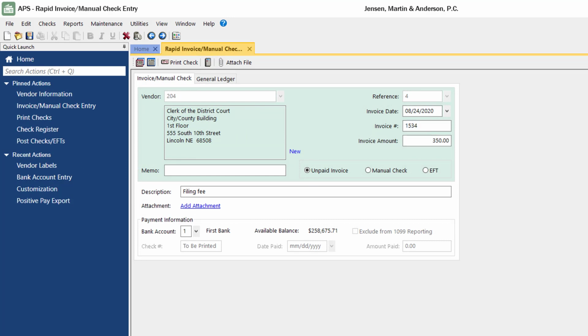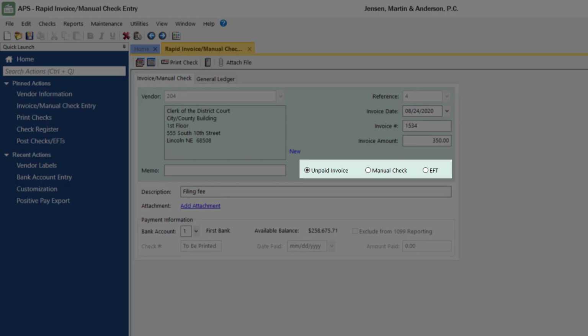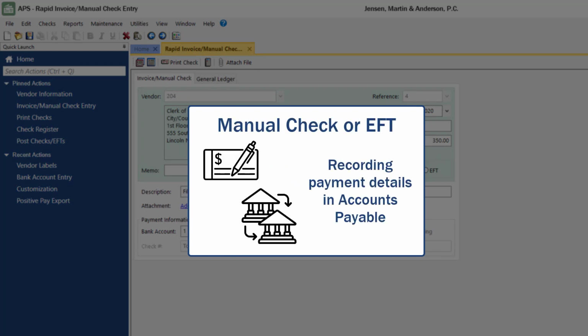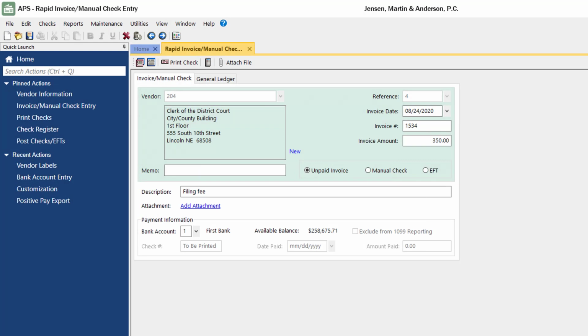Then, you can specify whether this invoice is an unpaid invoice, a manual check, or an electronic funds transaction called an EFT. When unpaid invoice is selected, you'll most likely be printing a check to pay this vendor, either individually or in a batch. When either manual check or EFT is selected, a physical or electronic record of the payment already exists but still needs to be recorded in APS. Since we want to use APS to print a check to pay for this invoice, we'll leave the unpaid invoice